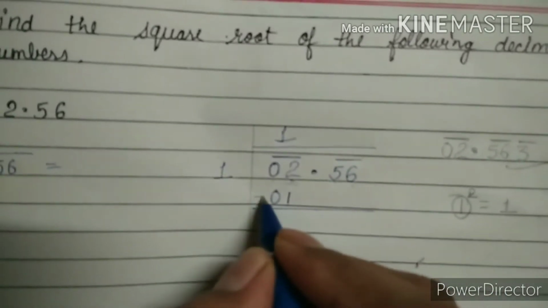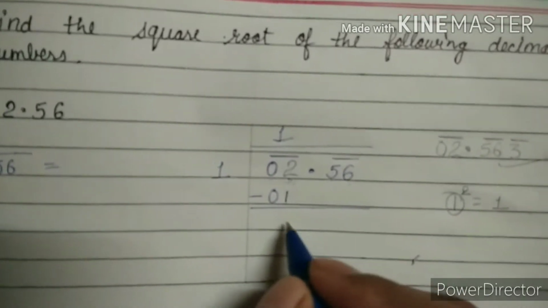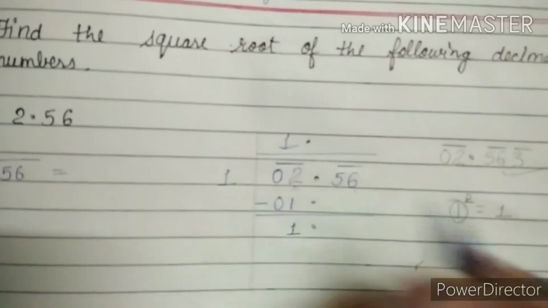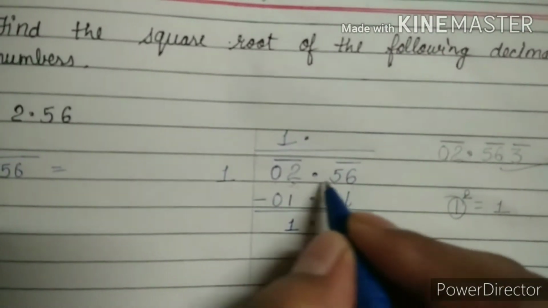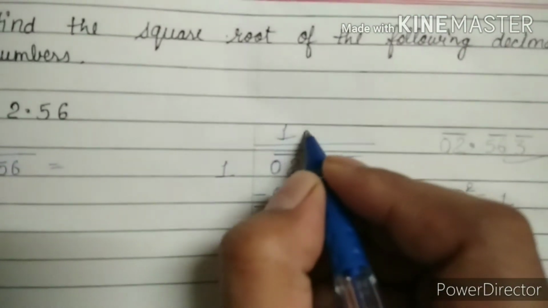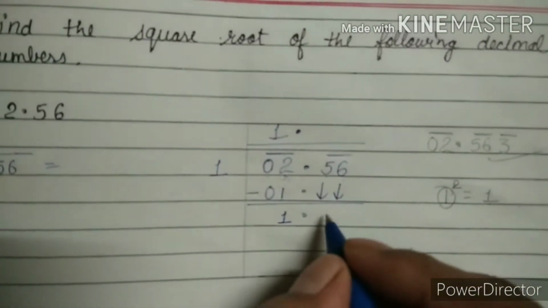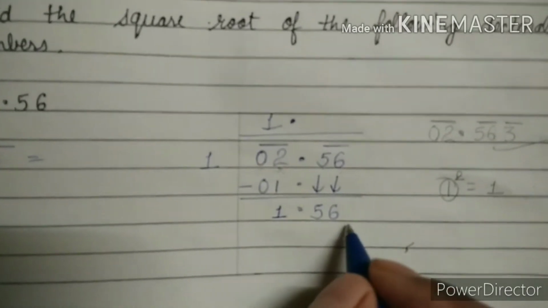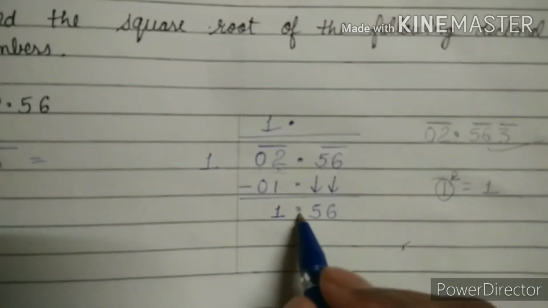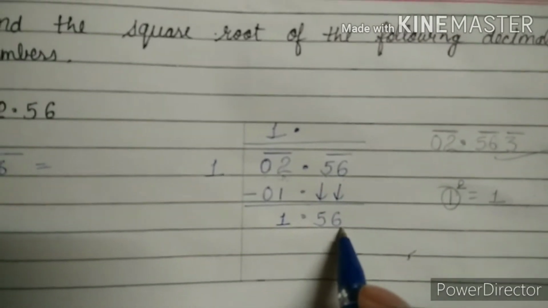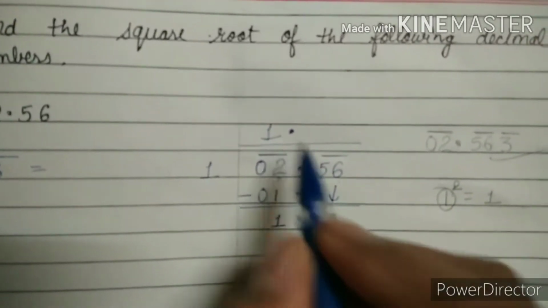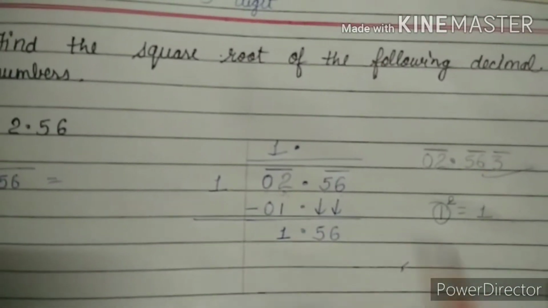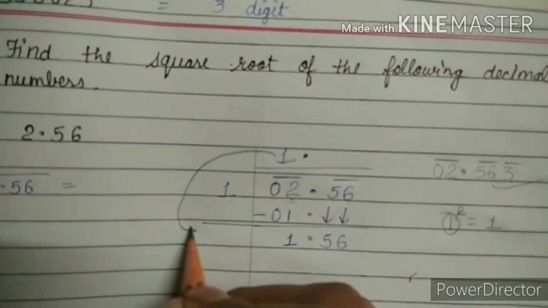Okay, so after subtraction what do we have? 2 minus 1 is 1. And now we are copying the decimal. So the decimal will also come. What are we copying? We are copying the numbers after the decimal. That's why we have to put the decimal also upside. And 56 will come as it is. Now we want 156. Just neglect this decimal. We want 156 because we already put the decimal here. So here, firstly we have to put double of the above number.